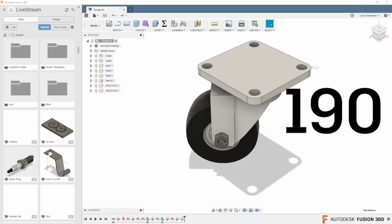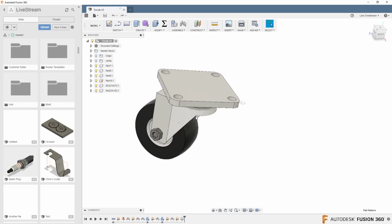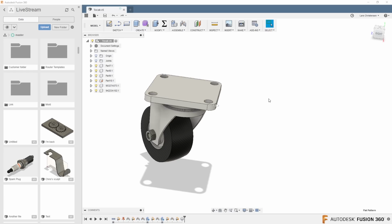And this is one that I'm going to have to create a new video on because I have actually not covered it in a live stream. That is the new function Derived. Now in live stream 190, I talked about how to utilize and reuse parts in multiple different assemblies. So having a library of parts and maybe utilizing them in other places. This new Derived function, sitting right over here under Create, Derived, lets you do that in a pretty neat way. Video is coming on it, but let me just